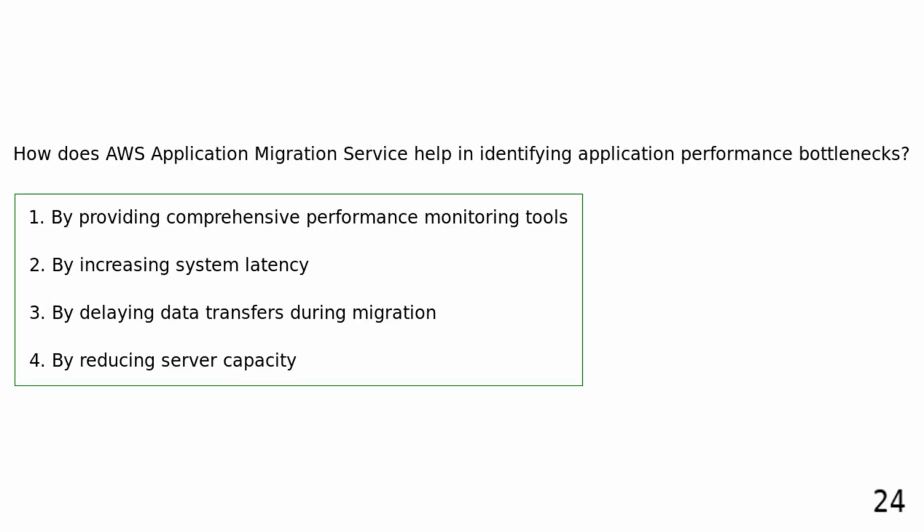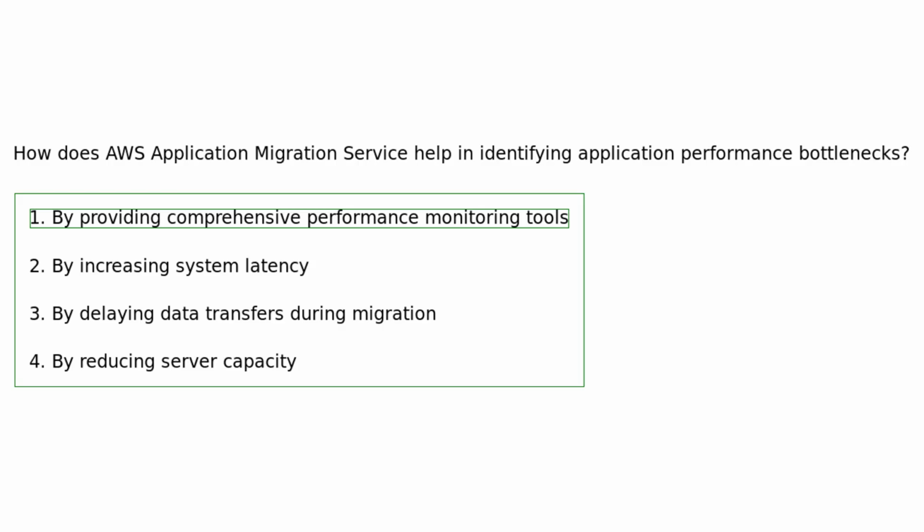How does AWS Application Migration Service help in identifying application performance bottlenecks? By providing comprehensive performance monitoring tools. By increasing system latency. By delaying data transfers during migration. By reducing server capacity. AWS Application Migration Service assists in identifying application performance bottlenecks by offering comprehensive performance monitoring tools, enabling users to optimize